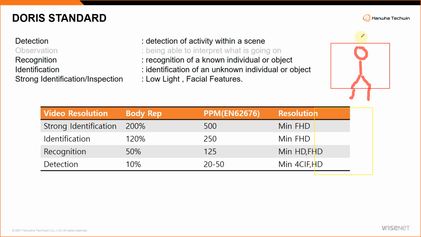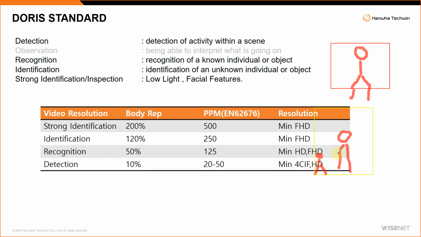bottom, 100%. If you see in the screen, let's say this yellow box is also a screen, if only 50%, all right, so this is your 50%. 10% will be very small. So 10% of your scene, that is 10%. So this is basically detection. This is the old method of